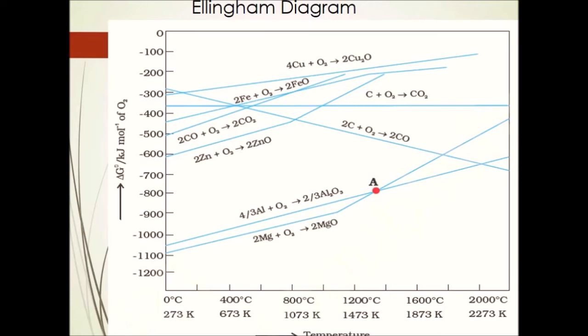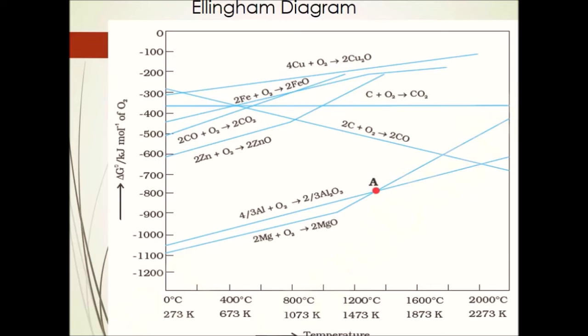And these conclusions are based only on thermodynamic concepts and not the kinetics of the reaction. That is, it only gives information about the possibility or feasibility of the reaction, and it does not speak about the kinetics, that is the speed of the reaction. So the Ellingham diagram in turn helps only to choose the suitable reducing agent,